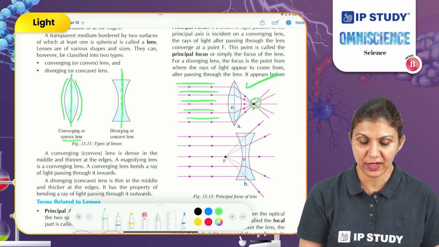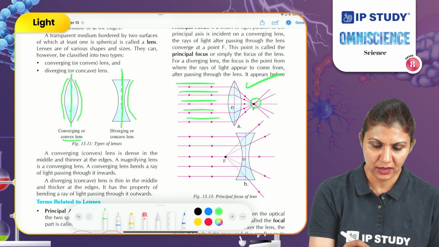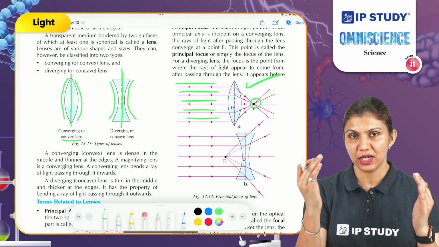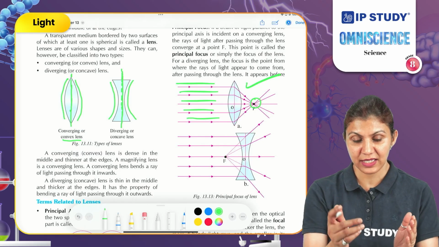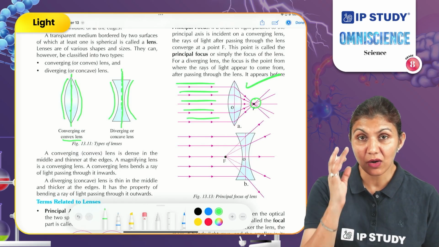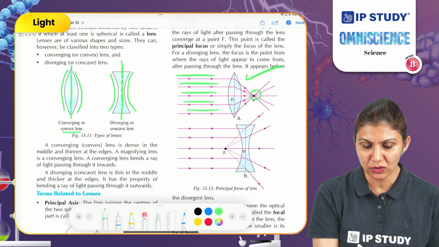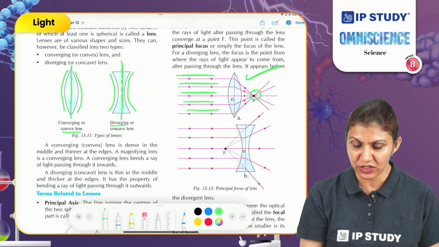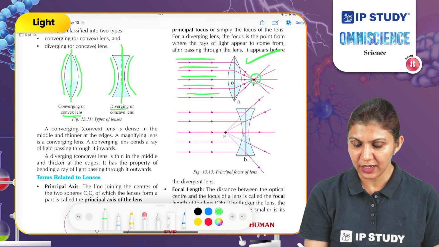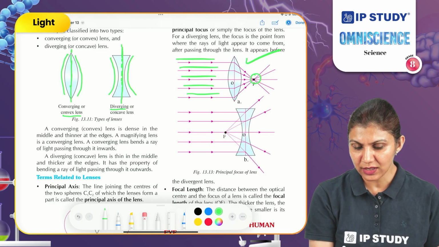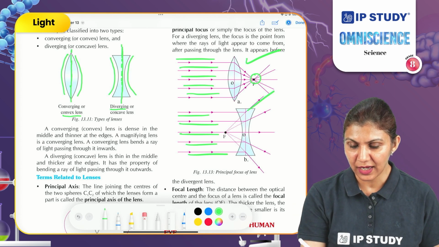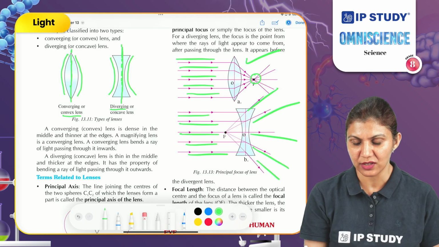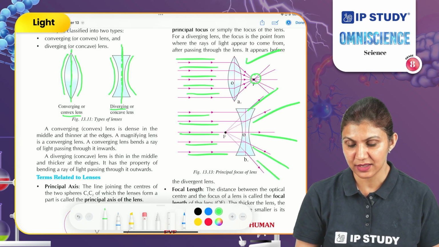If you see the other type of lens, it has inward curved surfaces, curves which are growing inward. So this type of lens is called concave. These are making a cavity, so these are called concave lenses, and it is also known as a diverging lens. Why do we call it a diverging lens? If you again observe figure 13.13, you will notice the light rays are parallel before interacting with the lens. After passing through the lens, these light rays are diverged in different directions. So we call it a diverging lens.